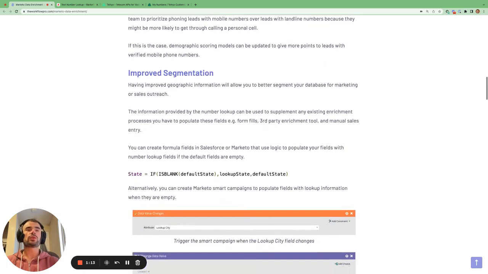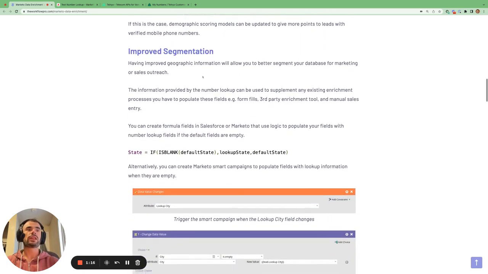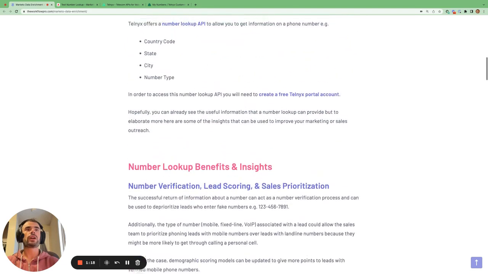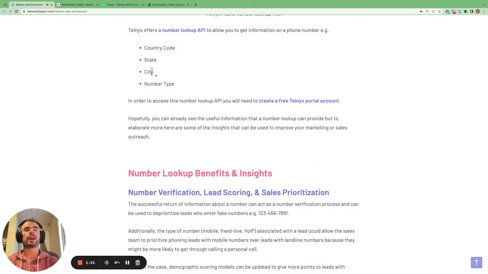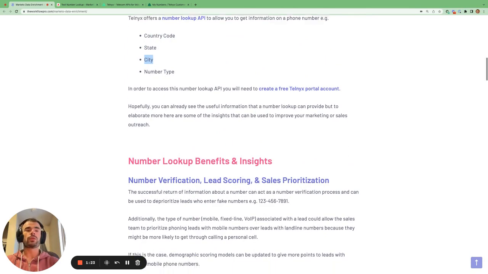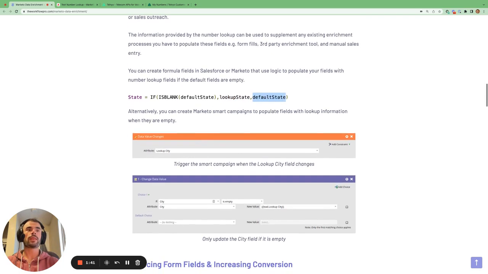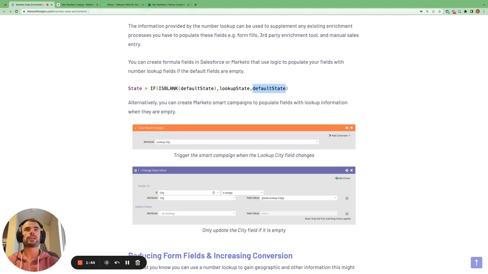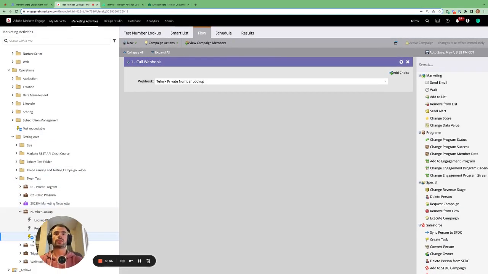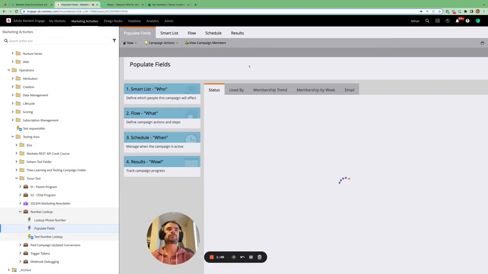You can also use it to improve the segmentation in your database. As I showed above, we can get the country code, state, and city information about a phone number. And then if you're using Salesforce, you can have a formula field to say, if the state field is empty, then let's use the lookup state that we got from the number lookup API request, or else we'll just use the default state value. Or in Marketo, we can set up a smart campaign, which looks something like this,